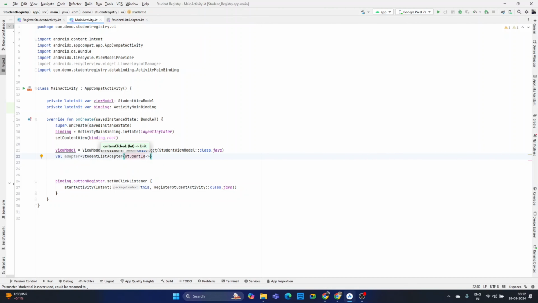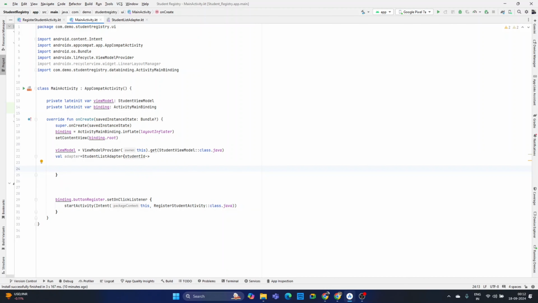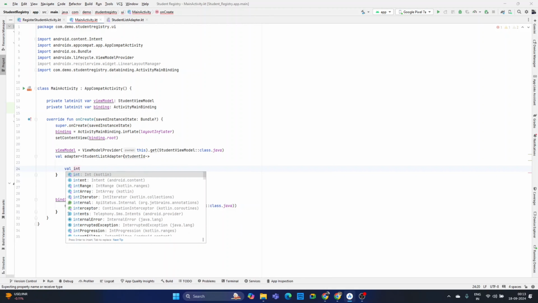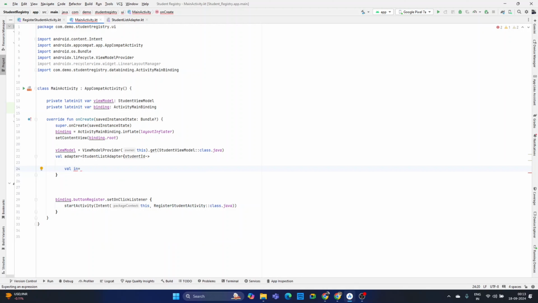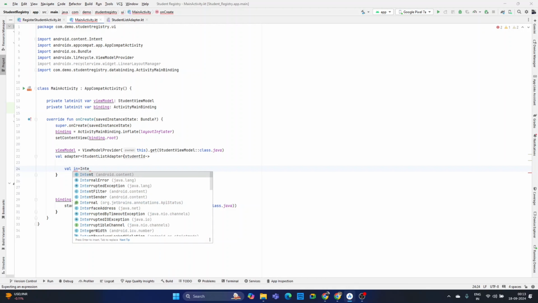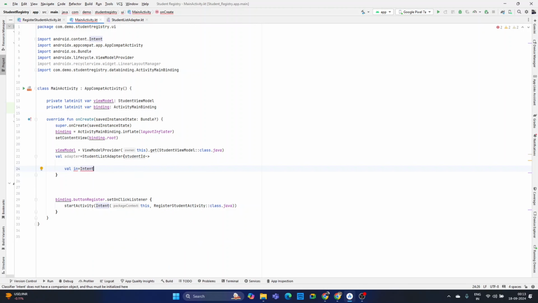In this curly brace we have to get the student ID, and using the student ID we have to pass it to another screen. So we have to create an intent here, which is val intent equal to an object of Intent as well, and we have to pass the